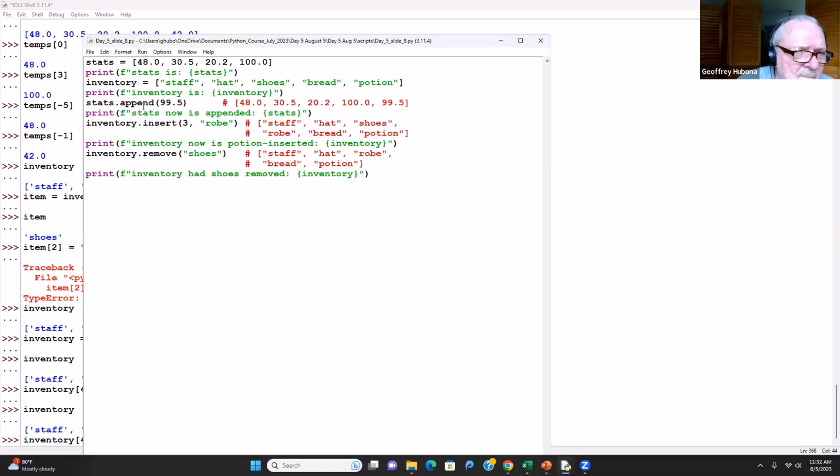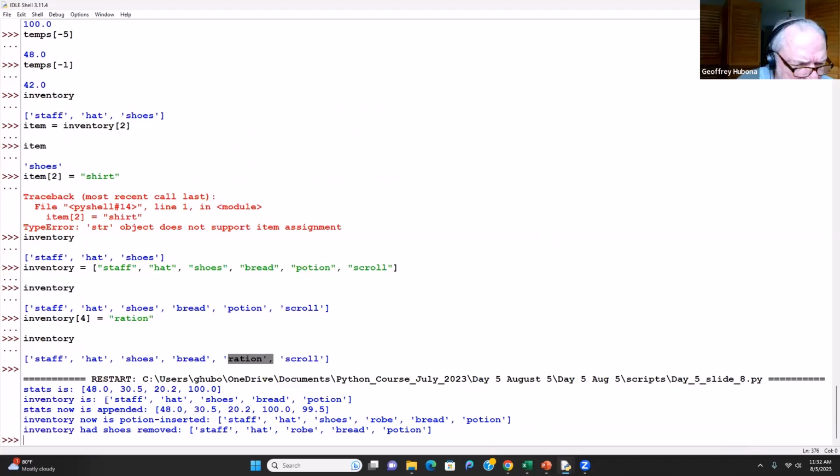So we're just using the append, the insert, and the remove methods to manipulate these existing lists, right? That's what we're doing. Okay, and again, the general syntax is the name of the list dot the name of the method. Okay. Pop, on the other hand,